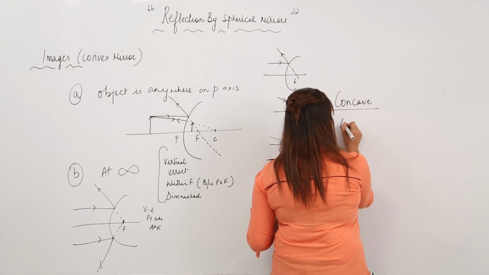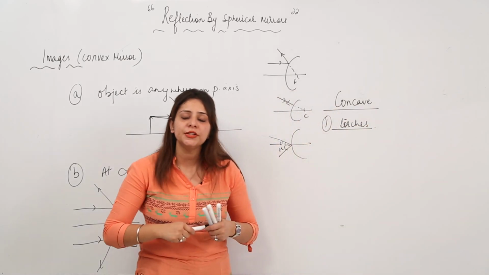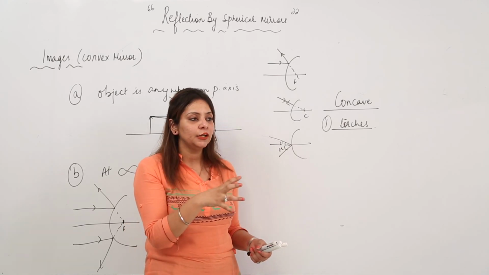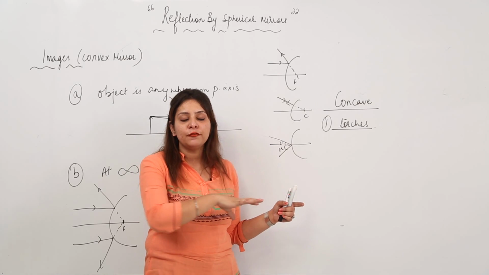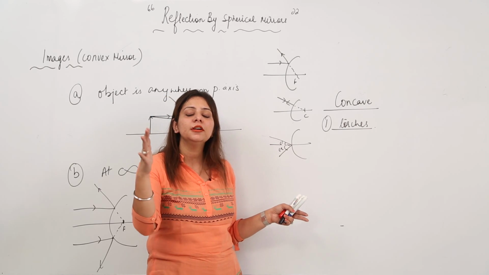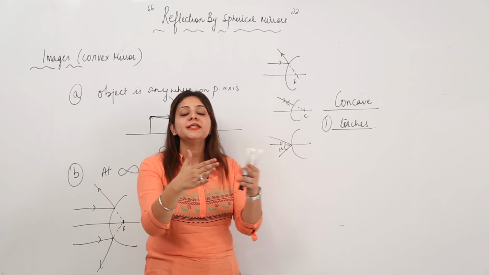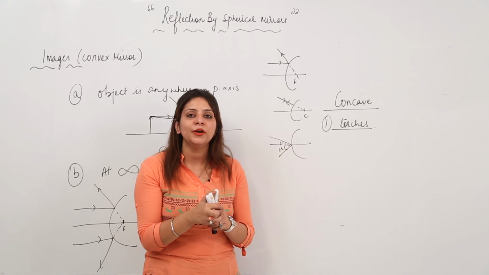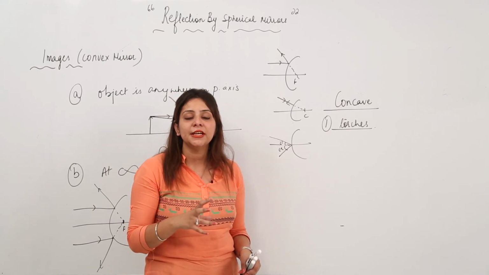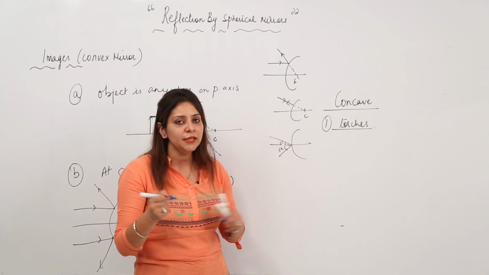It is used in torches. Now why is it used in torches? Because we know that it is a converging mirror. So what happens is that it emits powerful parallel rays; when the bulb is kept at focus, a powerful beam of light is liberated, which converges at one point, so it makes the object visible. That means it is capable of emitting powerful parallel rays which can make a distant object clear. So it is again used in torches.